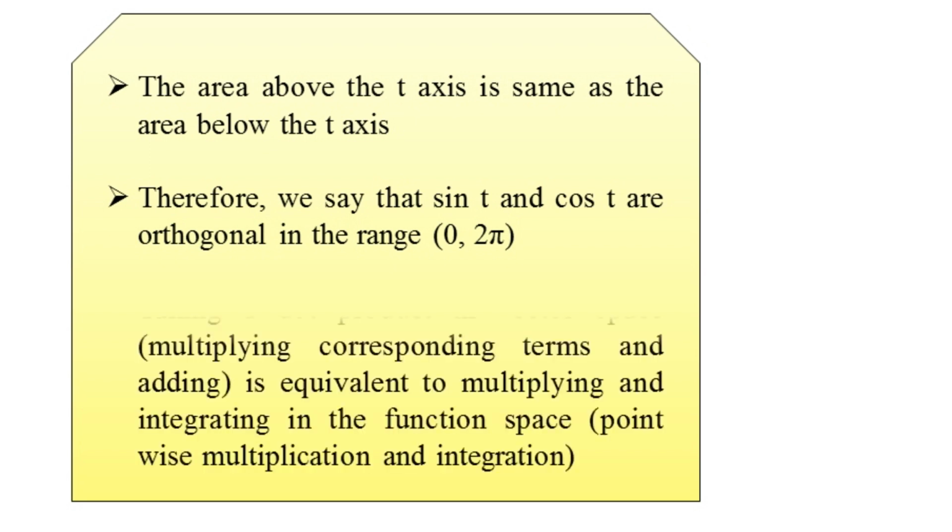Now the geometrical analog of the functional representation using the integral, if it is equal to 0, is the dot product for the i and j functions here, and we shall definitely discuss that. So taking a dot product in the vector space, that is multiplying the corresponding terms and adding, is equivalent to multiplying and integrating in the functional space, that is pointwise multiplication and further integration.